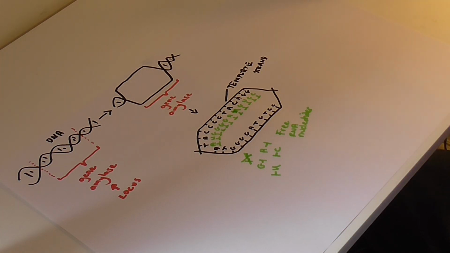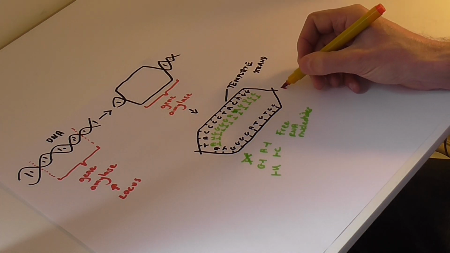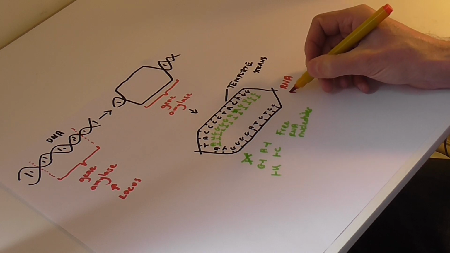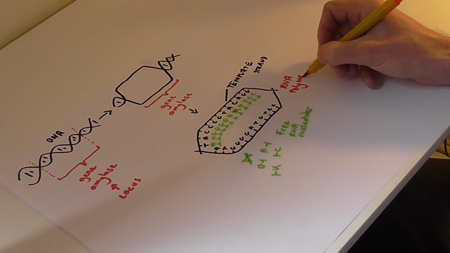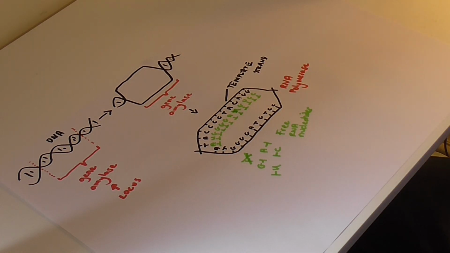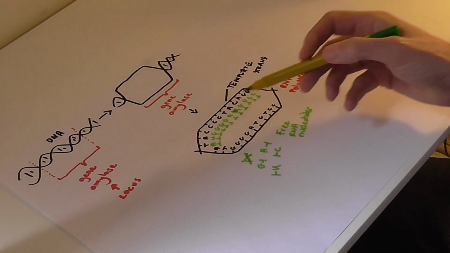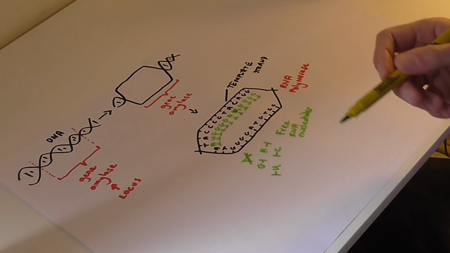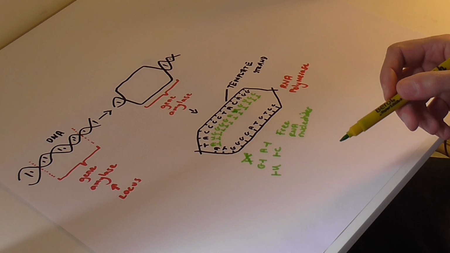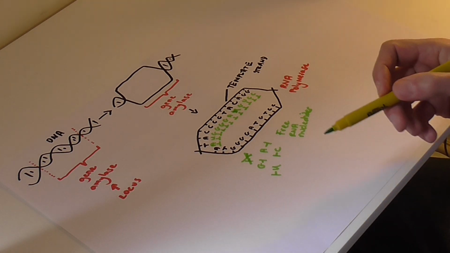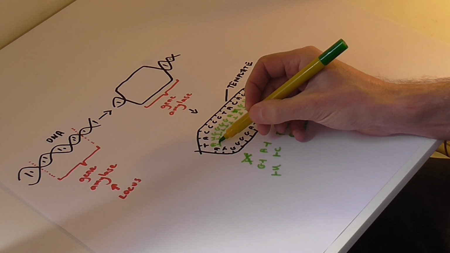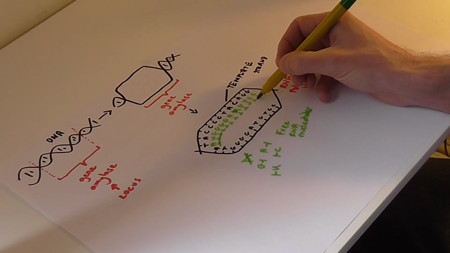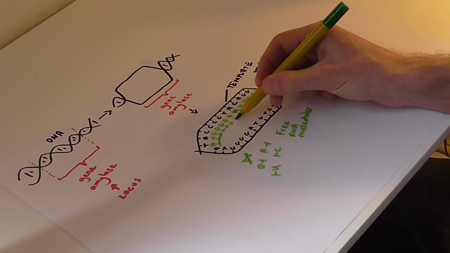What happens next is an enzyme will come along, and that enzyme is called RNA polymerase. RNA polymerase will run along the length of the RNA nucleotides, and it catalyzes a condensation reaction between those nucleotides. It forms a phosphodiester bond between the individual nucleotides, and so ultimately, each of those nucleotides are joined together,